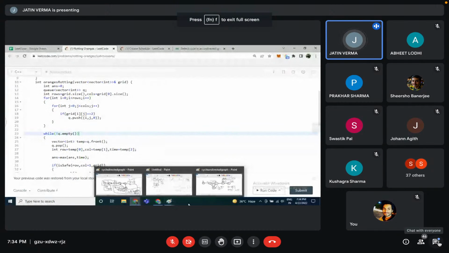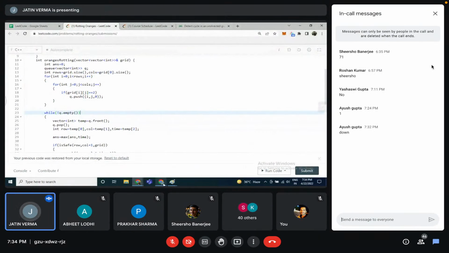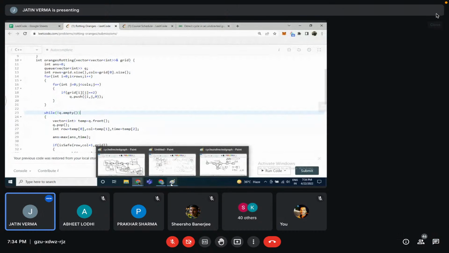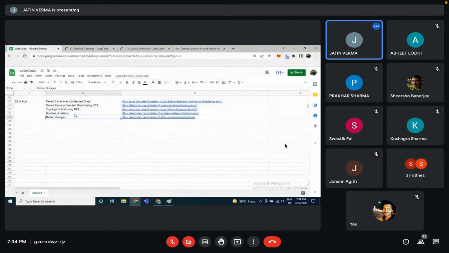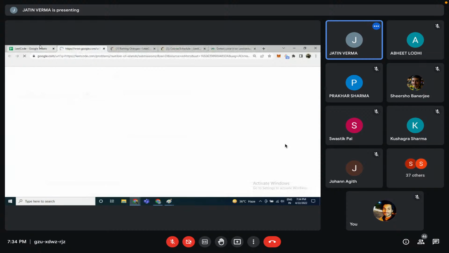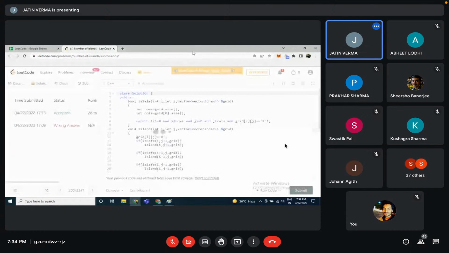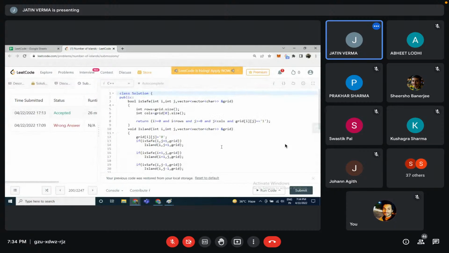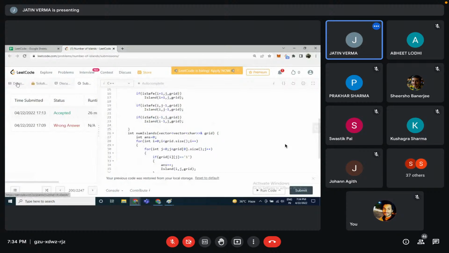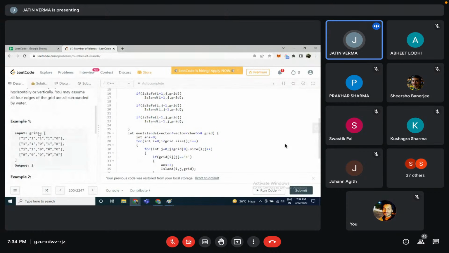अच्छा चलो, अब किसी को डाउट नहीं है तो एक और प्रॉब्लम देखते हैं, लास्ट वाली। अच्छा, नंबर ऑफ आइलैंड्स देखते हैं। देखो इसमें भी सेम सी है ये, थोड़ा सा इसमें दिमाग लगाना, ये सिमिलर है इस रोटन ऑरेंजिस से। देखो कितनी आसान होगी, इतना सा कोड है। तो देखते हैं ये प्रॉब्लम क्या है पहले तो।